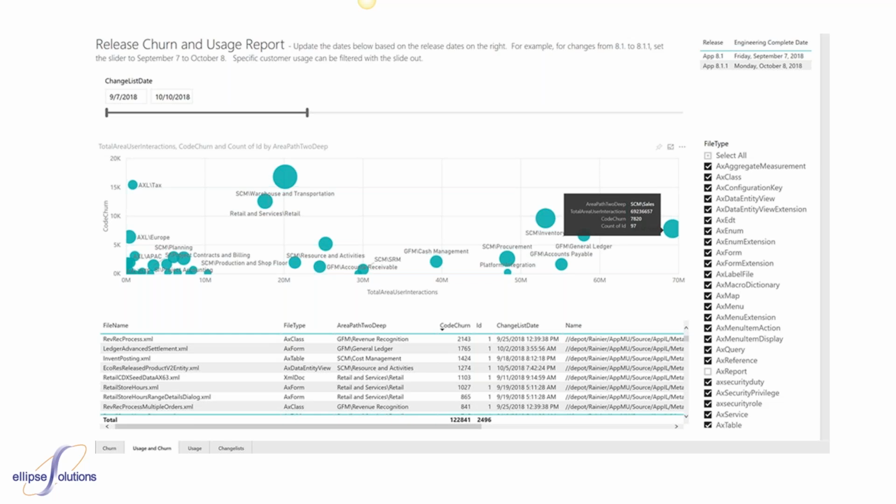So what it is, the churn part, is the Microsoft code that has really been changed in the new release, right? So think about this logically. When you think about things that might break, you got to start looking at things that have changed, right? So you have